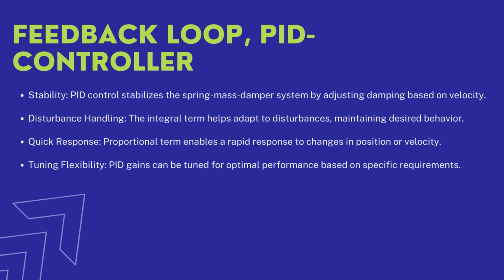Commonly included in this system is a feedback loop such as a proportional integral derivative (PID) controller. It can provide stability to the system while allowing it to adapt to disturbances from external stimuli, thus allowing it to maintain the desired behavior. It also allows for a quick response time as well as tuning flexibility, leading to optimal performance based on specific